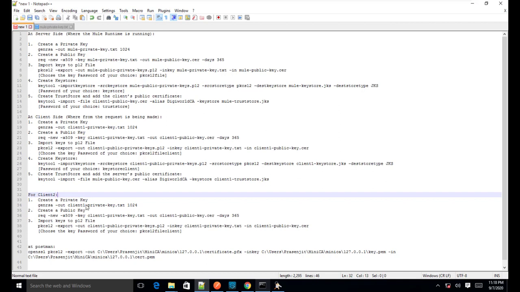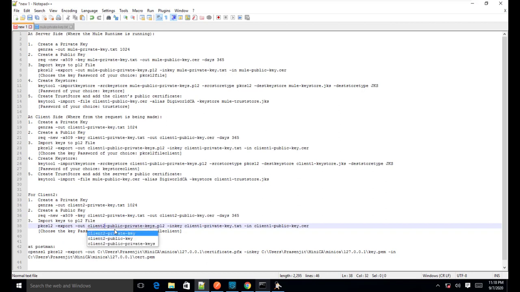So here I have mentioned it as 2, here also I'll mention it as 2, and in this section also I'll mention it as 2, and here also it is client 2, right? And here I will mention it as 2. Okay, so what I will do, I will create the P12 file.